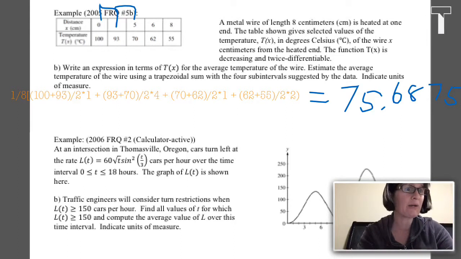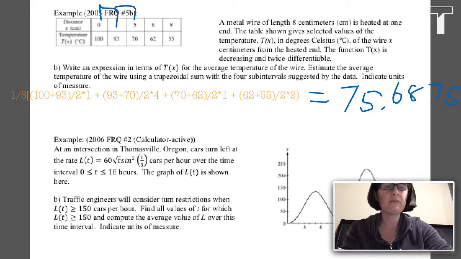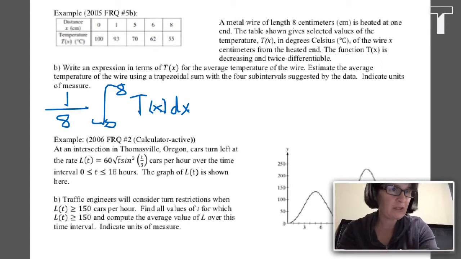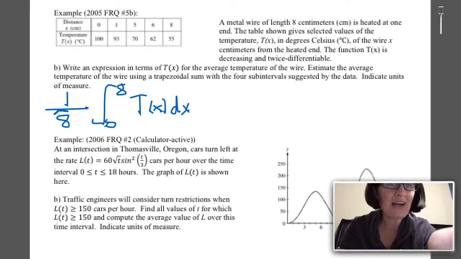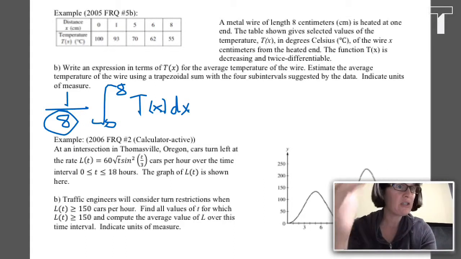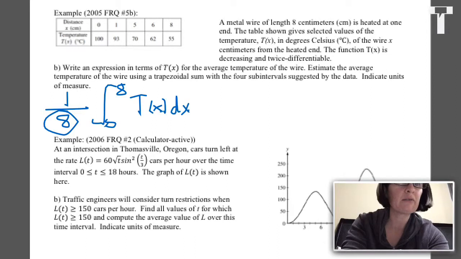And I have one last thing to do on this problem, which is to name the units. So, the way to figure out the units is to remember that an integral is a sum of a bunch of areas of rectangles. So, this is the expression that I evaluated, 1/8. That 8 in the denominator, that's the difference between 0 centimeters and 8 centimeters. So the units is 1/centimeters. I'm going to write that. This is